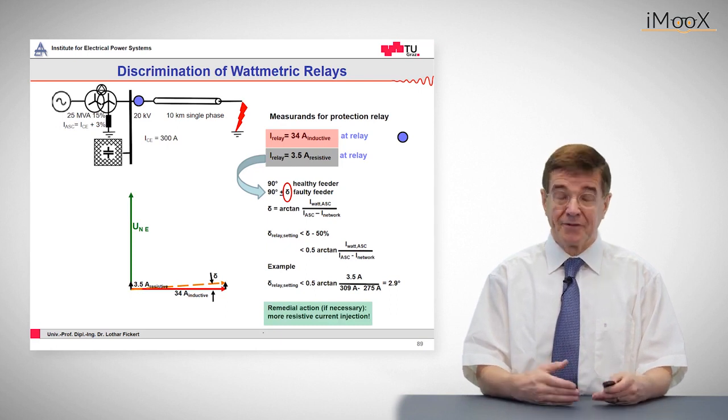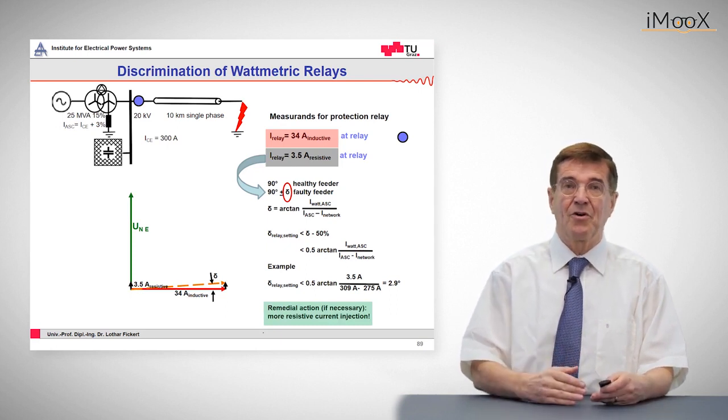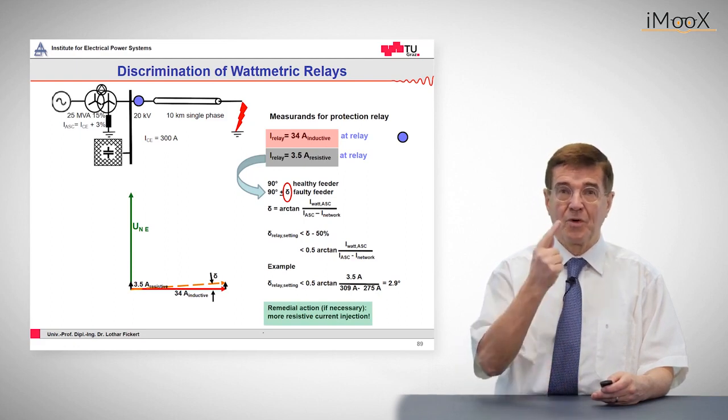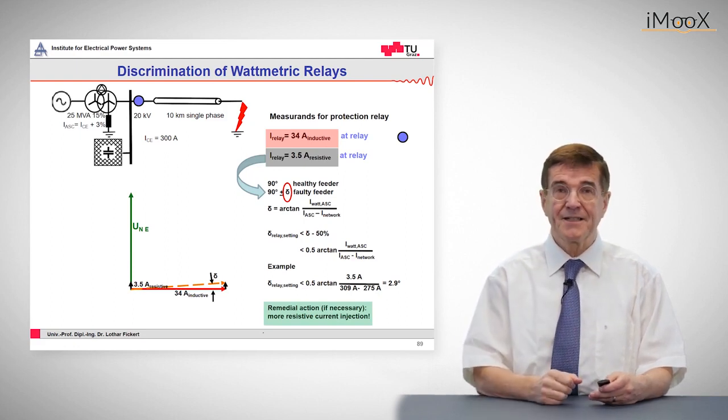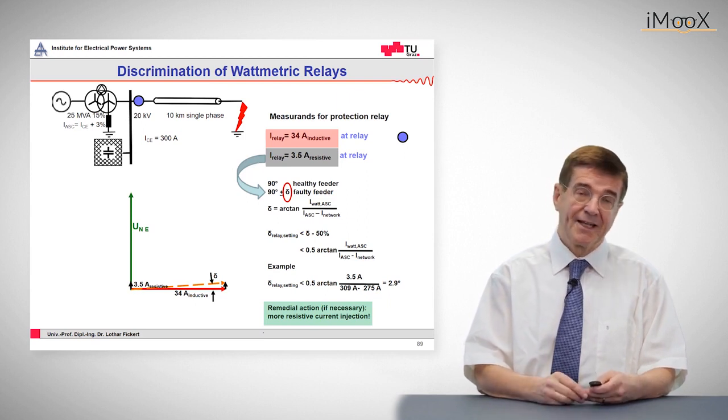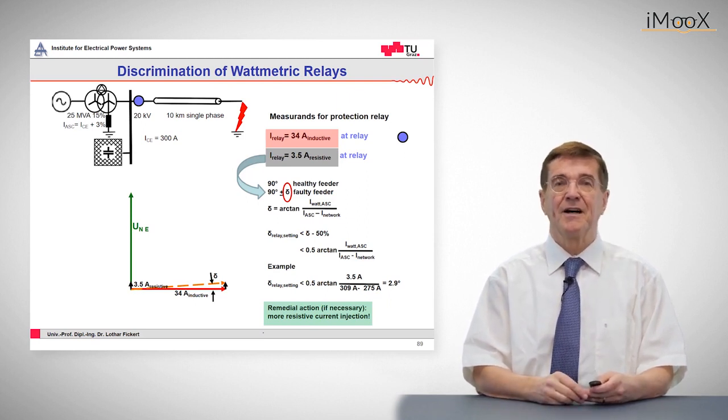And if in reality this angle is too low or the relays will not pick up correctly, then there is just one chance for the wattmetric relays. We should increase this resistive current by adding further resistances in parallel to the loss-related resistance of the arc suppression coil. So this was